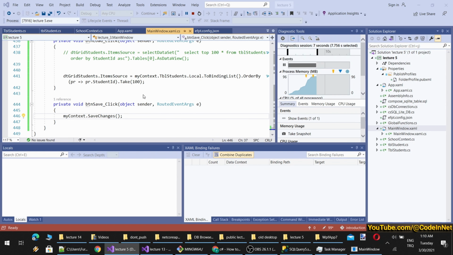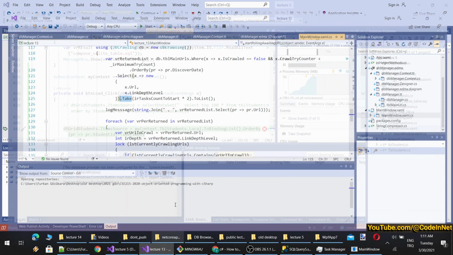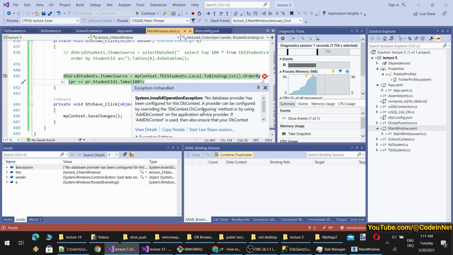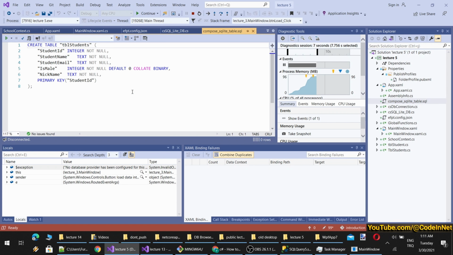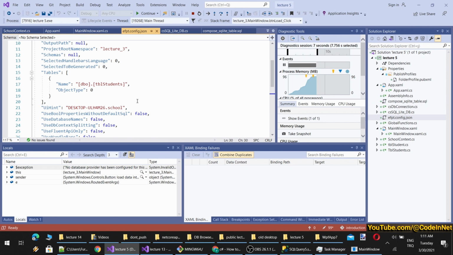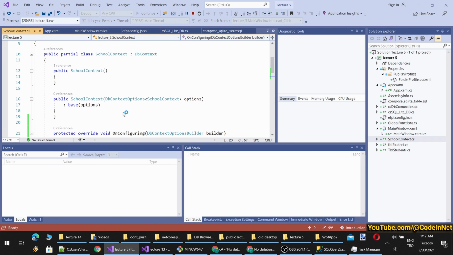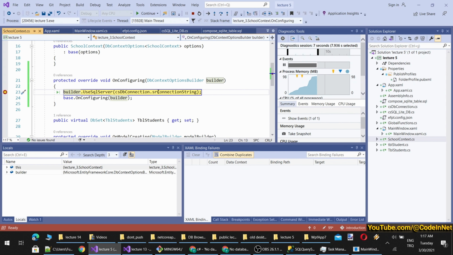Okay, load. Do we have an error? Yes, so we have a problem. Let's see. So this is DB crawling. What was the error again? No database provider has been configured for this DB context. Let's see why. We have actually set up our context here, I believe. No, not here. School context lecture 3. Yeah, DB UI hint. Look for the error. So this will override on configuring, and I wonder when it will be called. Yeah, now it is getting called.